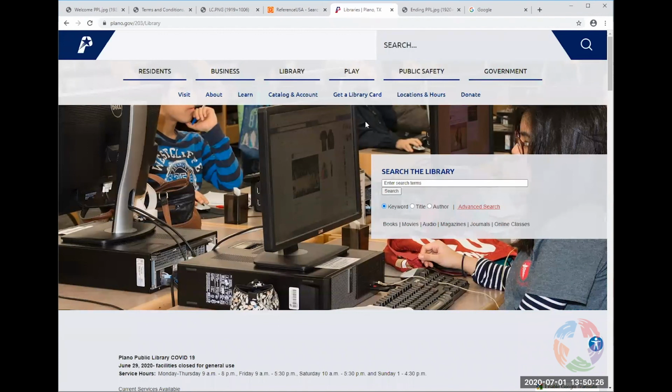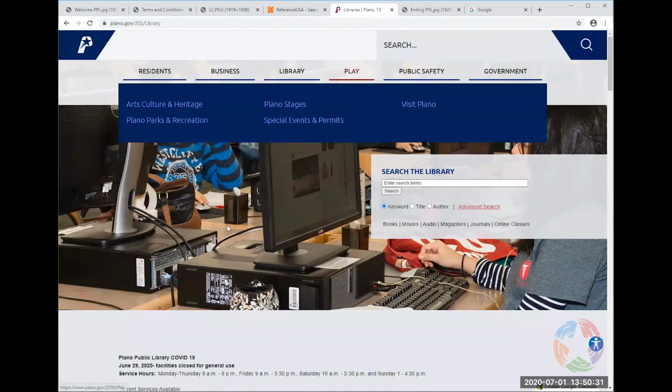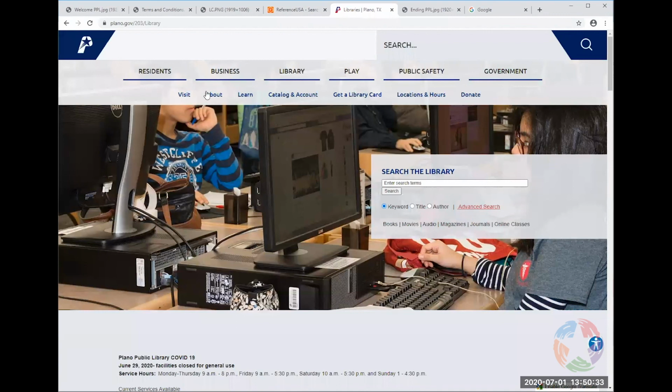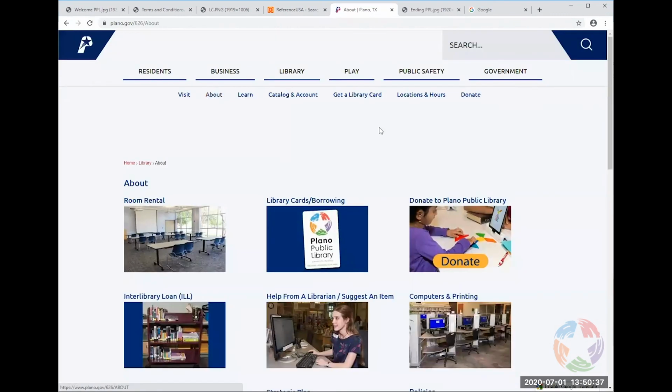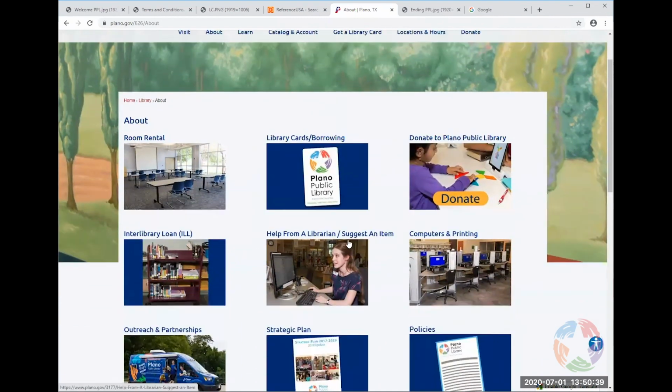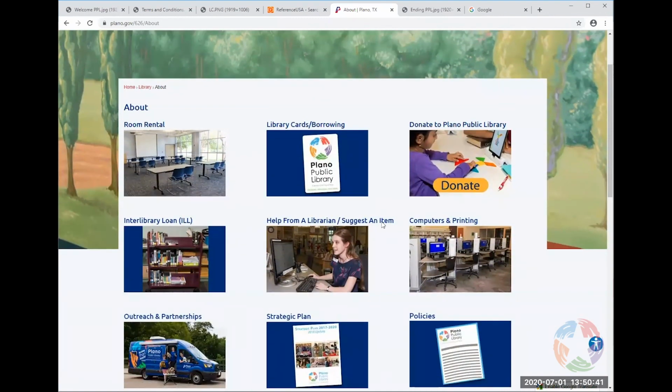Okay, what I wanted to leave you with is here on our website, which is planolibrary.org. If you go into About, and in the middle of the page, it says Help from a Librarian.